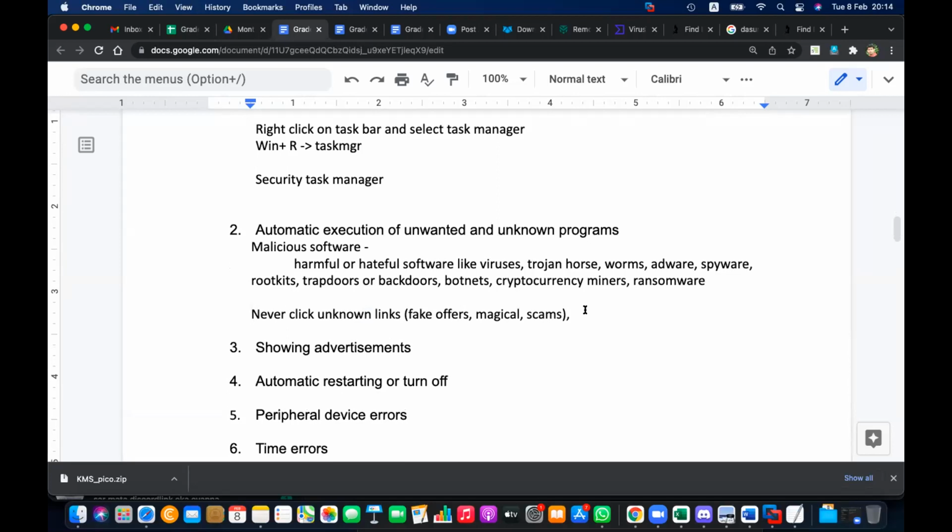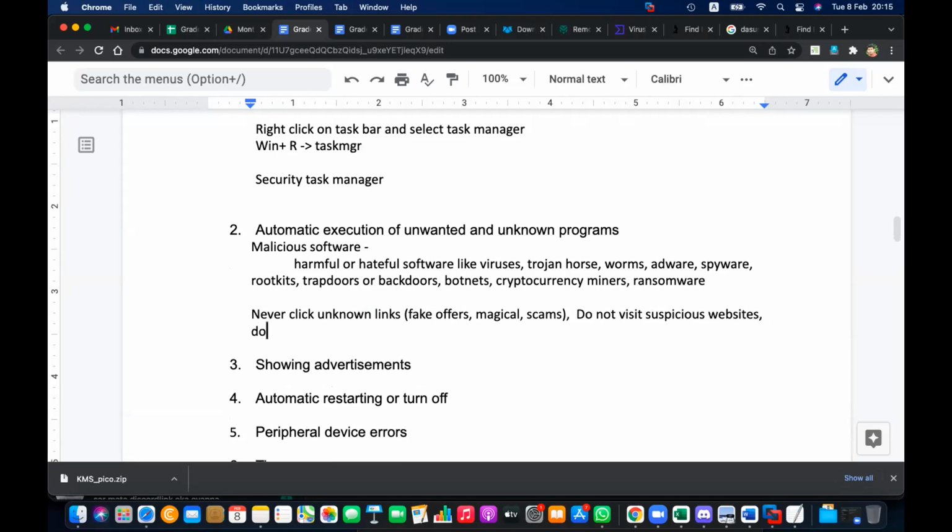Number one, do not visit suspicious websites. Do not open suspicious emails.